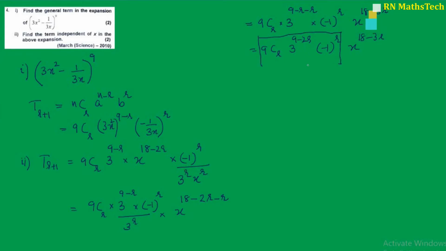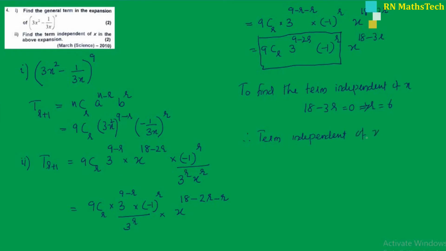ഇതാണ് കോയിഫിഷ്യൻ്റ്. ഓക്കെ. So to find the term independent of x, put this 18 minus 3r is equal to 0. r equal to 6 എന്ന് കിട്ടും. ഓക്കെ. ഈ ആറിൻ്റെ വാല്യൂ 6 എന്ന് ഈ ബോക്സിലേക്ക് കൊടുക്കുക. Therefore the term independent of x is equal to